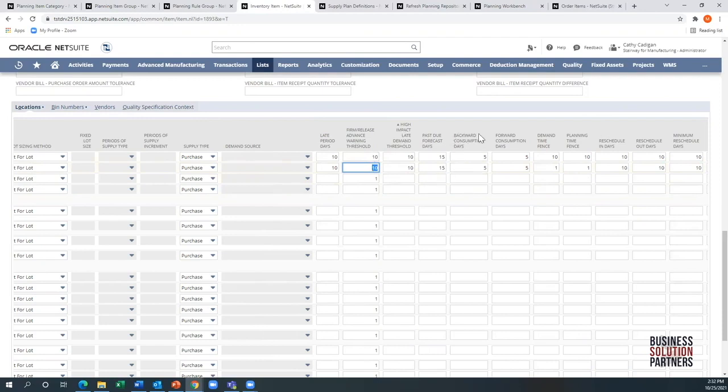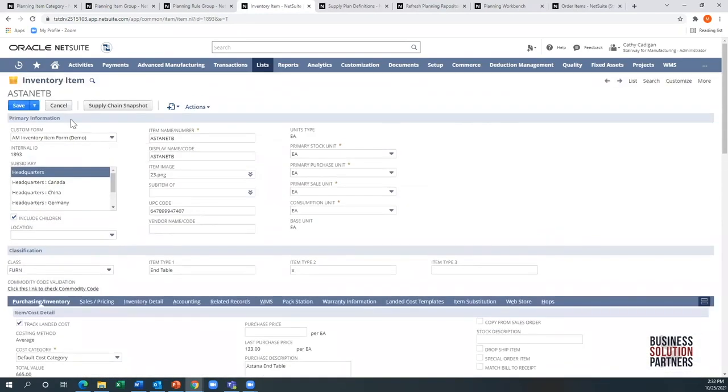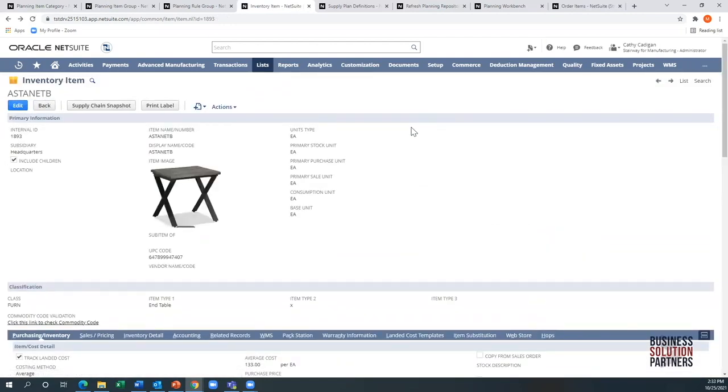And then if you're using demand plan or forecast, right, we have the typical fields here of backward and forward consumption, demand planning fences, rescheduling parameters. That hasn't really changed. So I'm just going to go back and cancel this here because we don't really need to change that. The next thing, once you've linked your item,